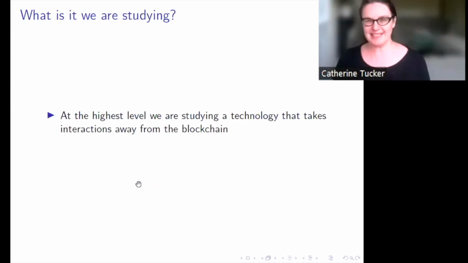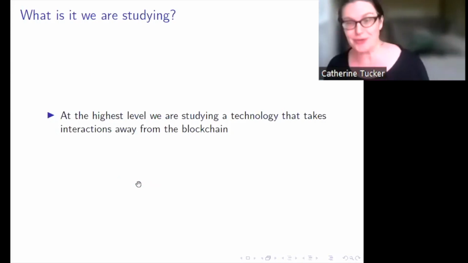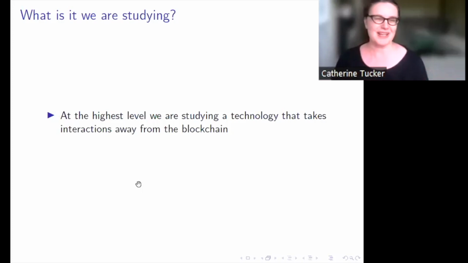So what is it that I mean by layer 2 off the chain, which is a very good question by Kite. At the highest level, if I was explaining this to non-crypto enthusiasts, I would say, look, we're basically studying a technology which is taking interactions off the blockchain. That's what it's going to do. Now,